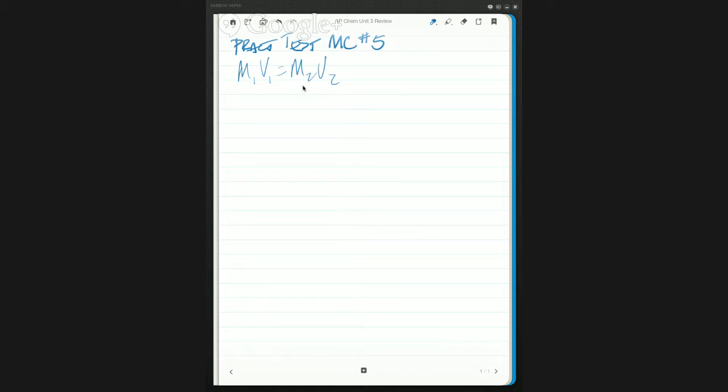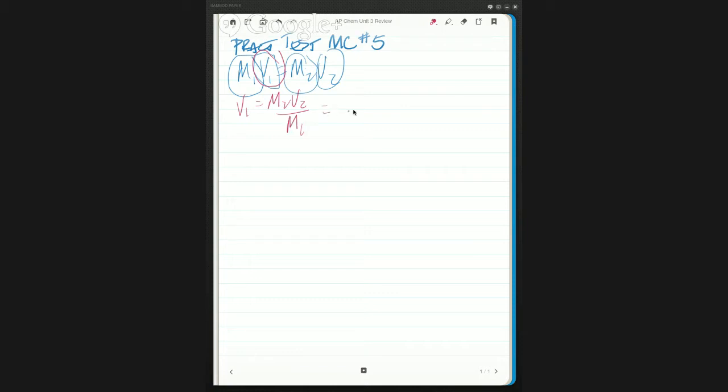And the question for number 5 is you want to dilute something. So we have the M1, and we don't know the V1. We have the M2 and the V2. All right, so let's put our red around V1. So V1 is equal to M2V2 over